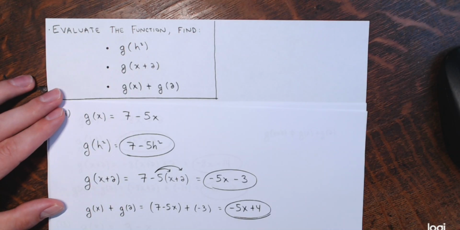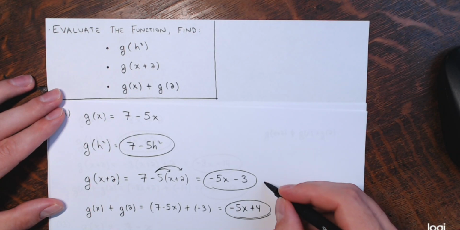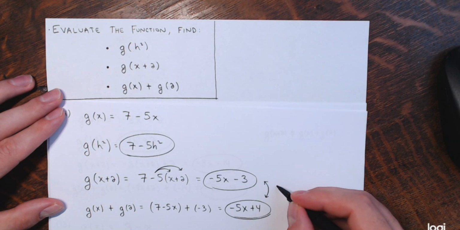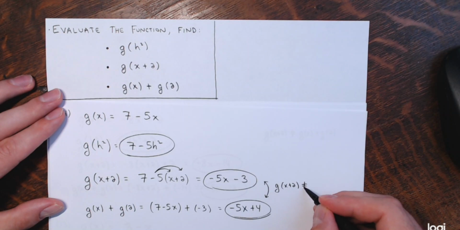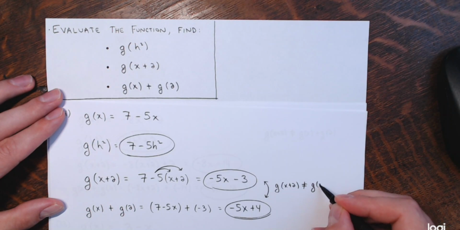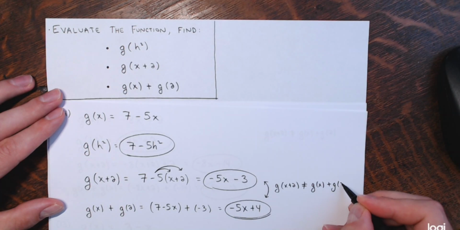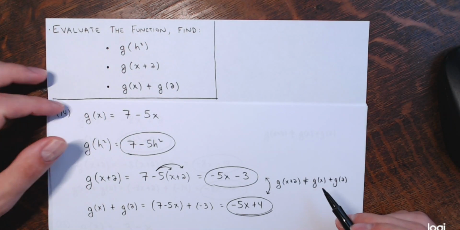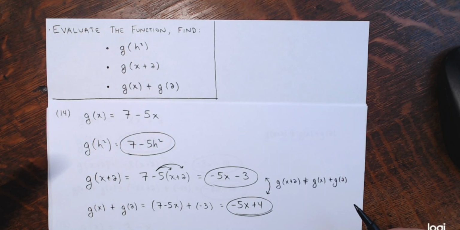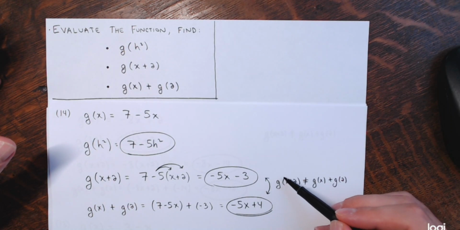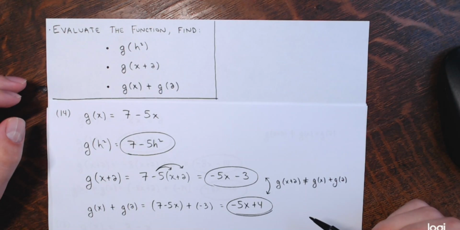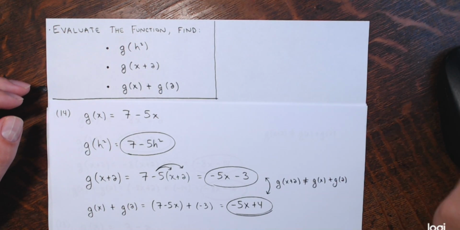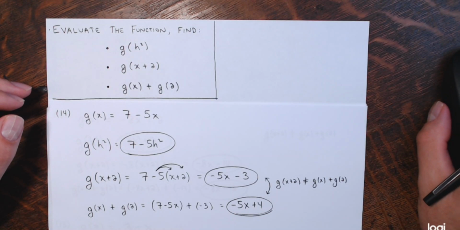Right, and once again, we are seeing that the value of g at x plus 2 is not the same as the value of g at x plus the value of g at 2. So again, just reinforcing that you just can't distribute the name of a function over the input. Okay, so those covered